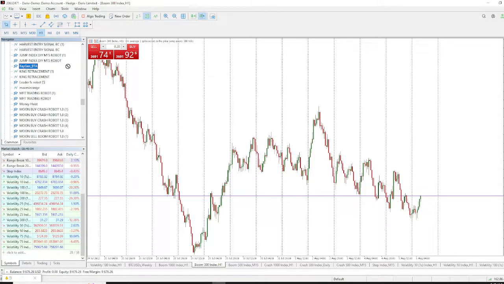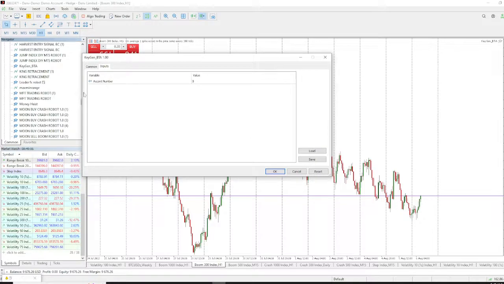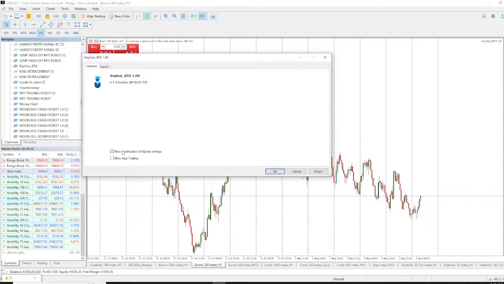This is it, keygen. Now when you drag keygen to your screen, you type your account number. Look at my account number at the top here. Look at my account number 206322471. So I'll type it there, 206 32471. Now when you type your account number here, under this you allow algo and allow modification of signal, and